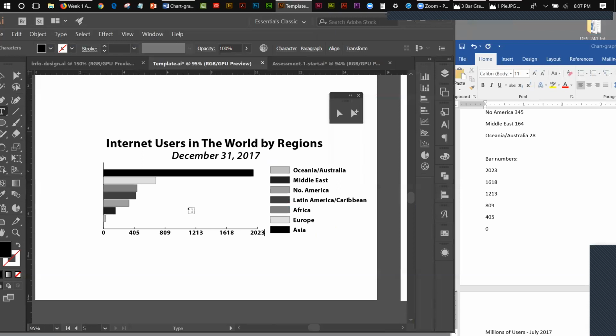And what I want to do with this is I think I want to run these lines up behind my bar graph. But before I do that,